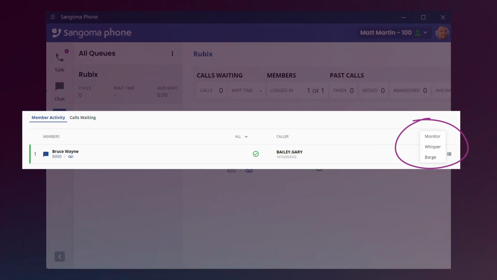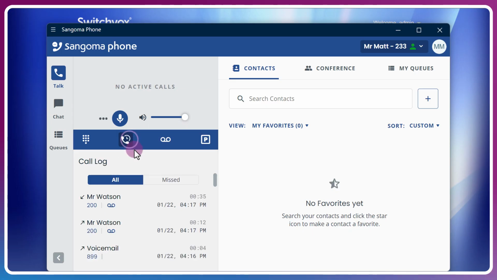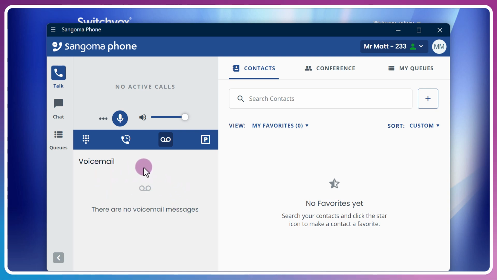call, you would be able to have some additional options here. We've also got the history menu here. We've got quick dialing of 200 for the extension and for the voicemail when it's a local extension. You can just click to dial again. Missed calls are here. And then any voicemails that are left, we have the option to retrieve them by playing them directly and who it's from, the envelope.